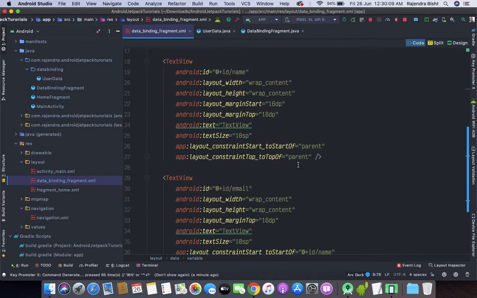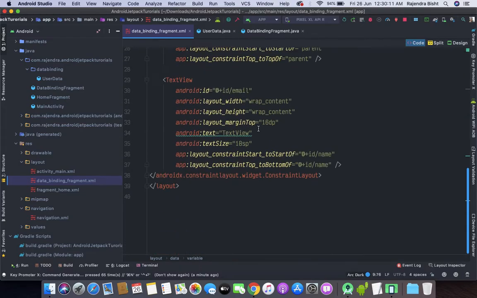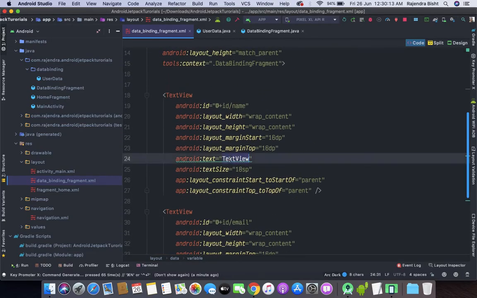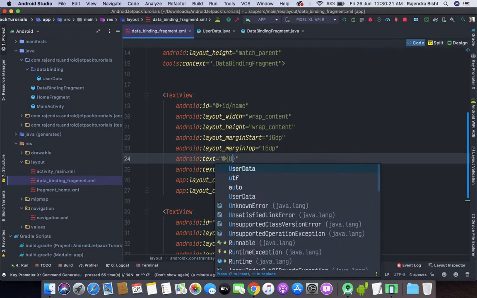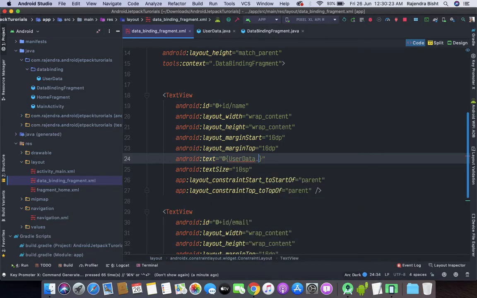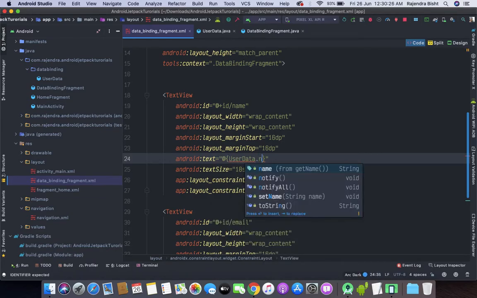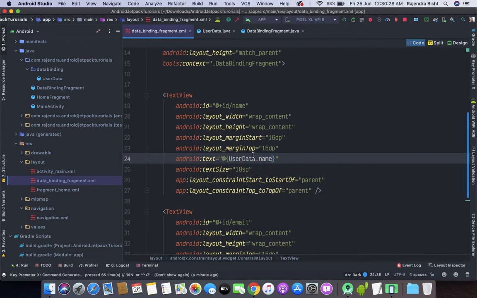Now the first one is name. So userData dot name.